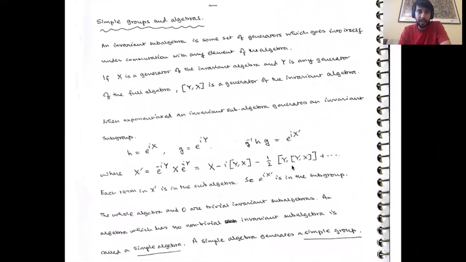So lastly, what I wanted to say in this very short lecture today is the idea of an invariant subalgebra. Very like the invariant subgroups, the notion of an invariant subalgebra is that if you have some set of generators which goes into itself under commutation with any element of the algebra, then that particular subalgebra is called an invariant subalgebra. More clearly, you can look at a generator X. If X is a generator of the invariant subalgebra, and Y is a generator of the full algebra,